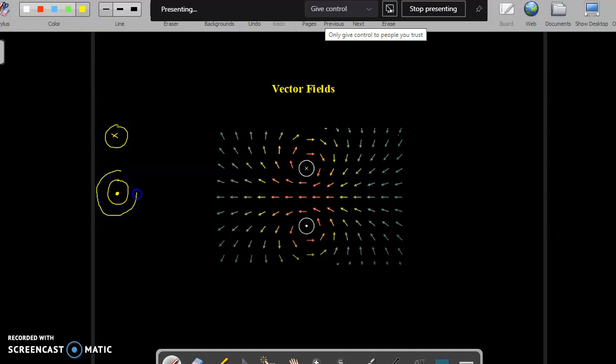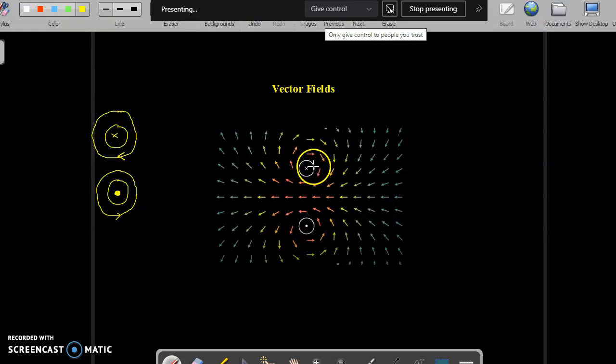around the conductors. If you use the right hand thumb rule, you can see the direction of the lines of force of the magnetic fields around the conductor. If the current is a dot, then it is anti-clockwise direction. If it is a cross, then it is a clockwise direction.